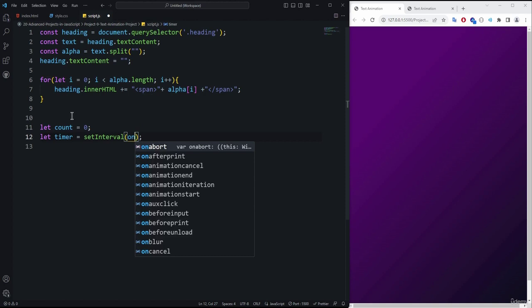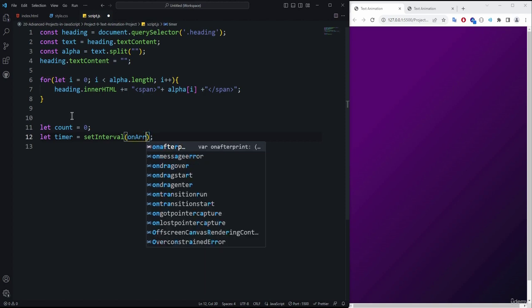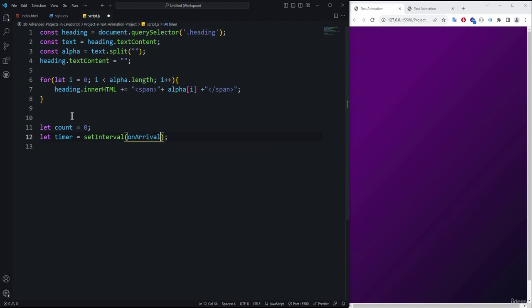Here we need to call another function, which is onArrival. So I name this function onArrival, and then we need to call this particular function every 50 milliseconds. Now it's time to specify this onArrival function. So inside of this onArrival function,